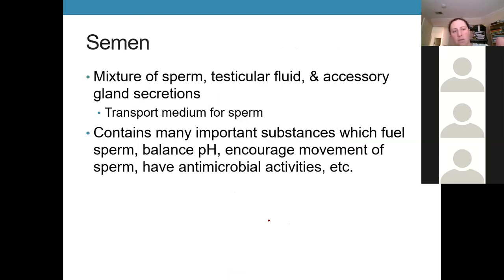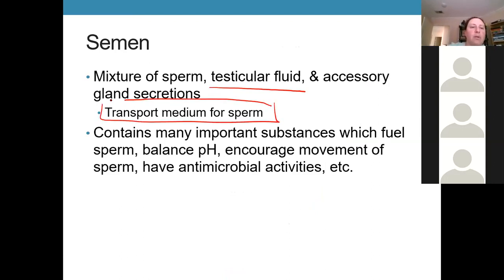So that takes us to the semen, which is the mixture of sperm, the accessory gland secretions, as well as any testicular fluid that was not absorbed in the epididymis. So semen is essentially the transport medium for sperm, and its job is to provide fuel. So remember the fructose for ATP,